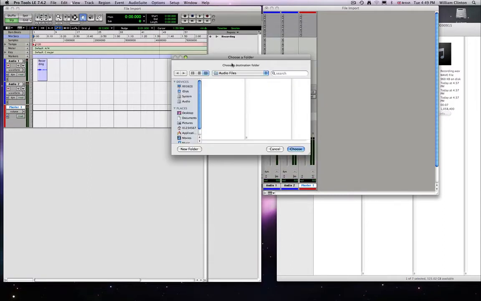it will ask me to choose the destination folder for the new files that are going to be created. Now, by default it goes to the audio files folder for the session that you've just made. Again, bearing in mind that you'll be moving around from computer to computer, you may just want to check that it's going to the right place. But I've just made, if you notice, the name of my session is File Import, so the File Import folder is here. The audio files folder is within it. So I'll choose that,